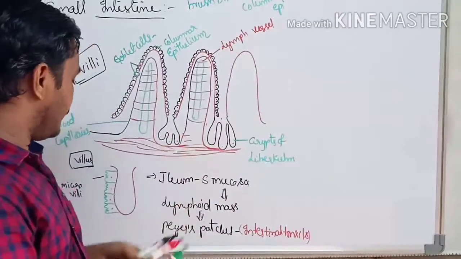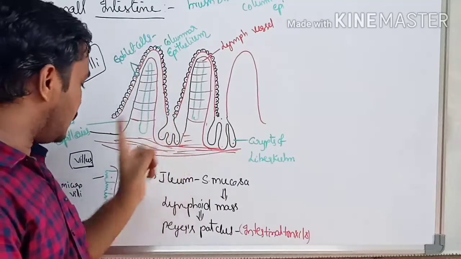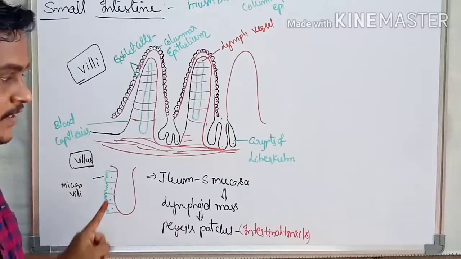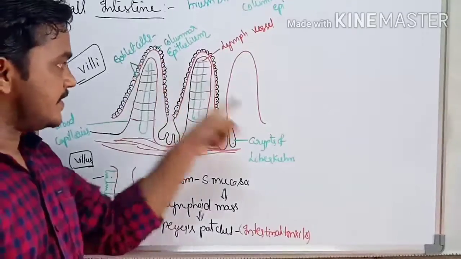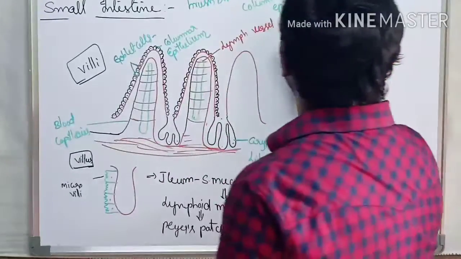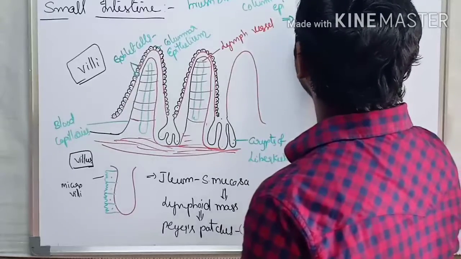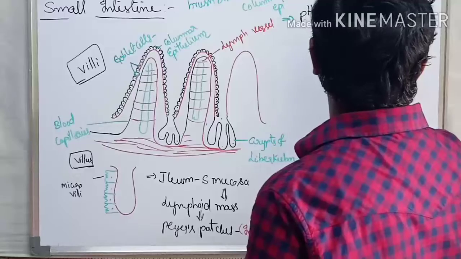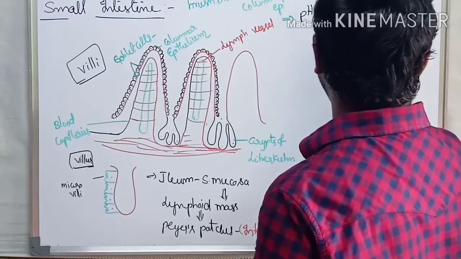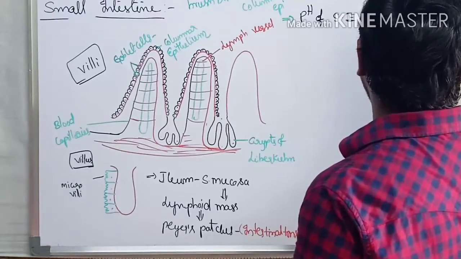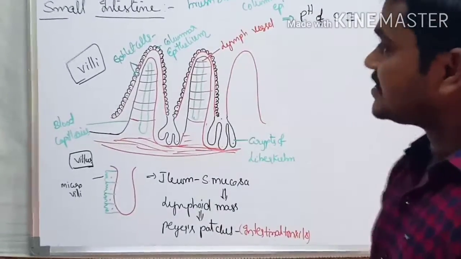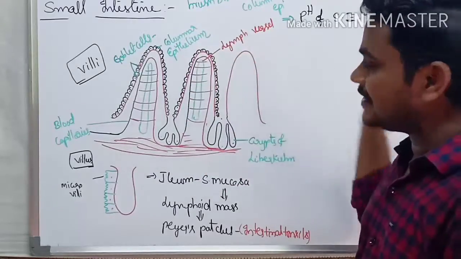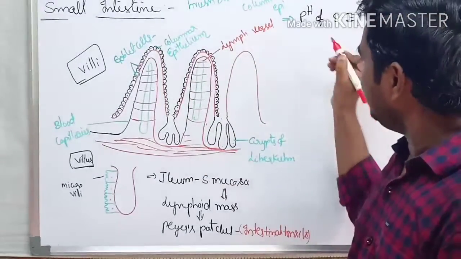Here we see the microvilli and villi. The villus structure and brush bordered epithelium are all covered in this diagram. Next, the pH of small intestinal juice, or succus entericus, is 6.8. The pH of intestinal juice is 6.8. This brush border epithelium is useful for the absorption of food molecules.